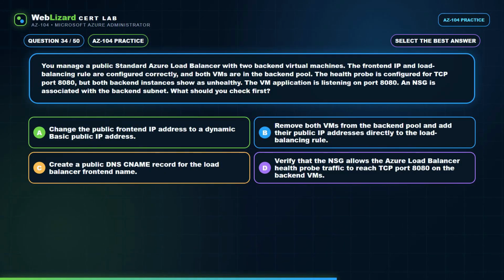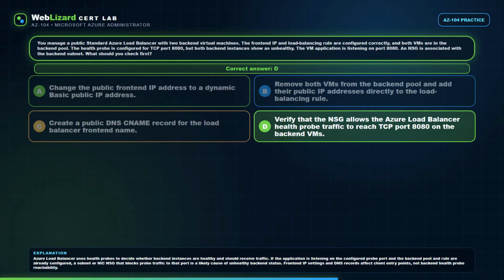Option D. Verify that the NSG allows the Azure Load Balancer Health Probe traffic to reach TCP port 8080 on the backend VMs. Choose your answer before the reveal. The correct answer is D. Verify that the NSG allows the Azure Load Balancer Health Probe traffic to reach TCP port 8080 on the backend